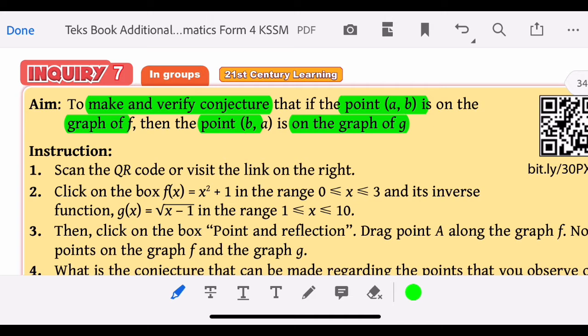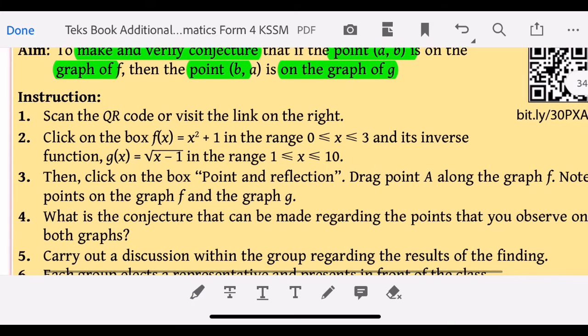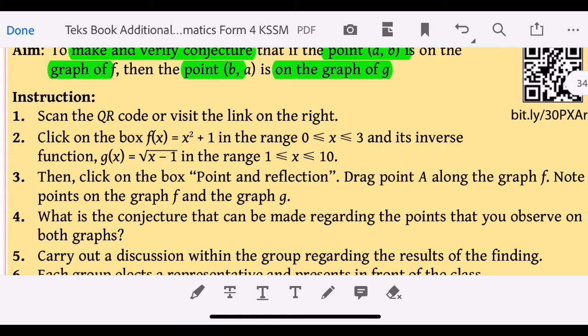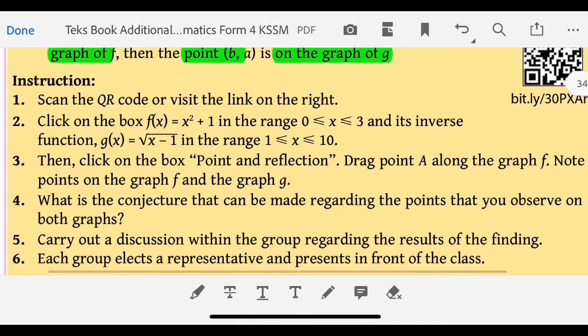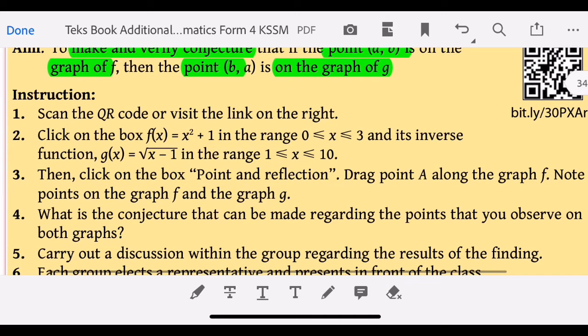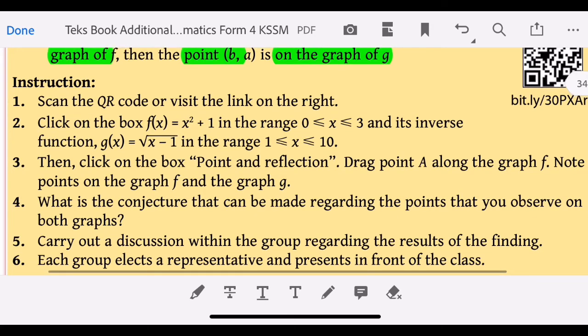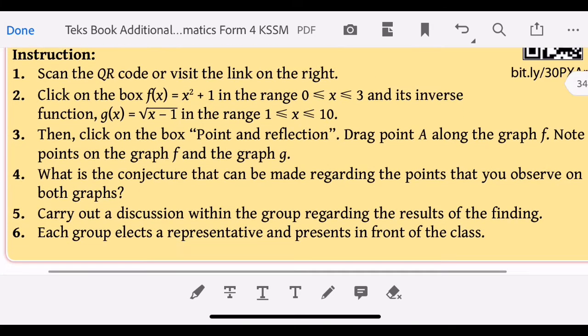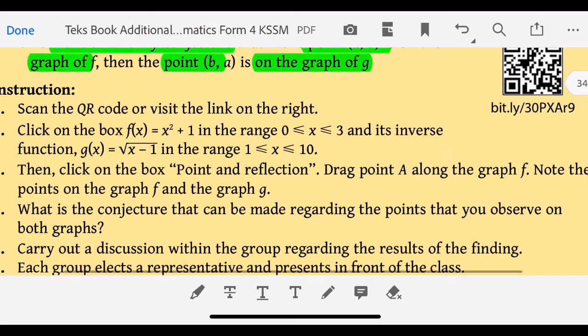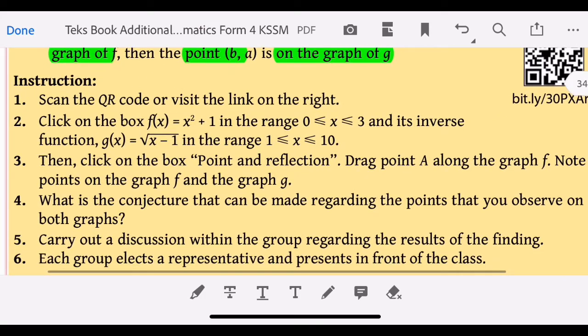AB on the function and BA on the inverse function. Alright, so scan the QR code or visit the link on the right. Okay, I have actually scanned, and then I actually posted a video for this inquiry. You can go through. So you scan the QR code and visit a link, and then